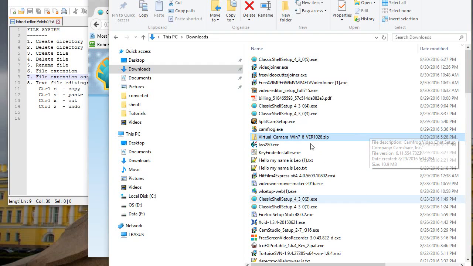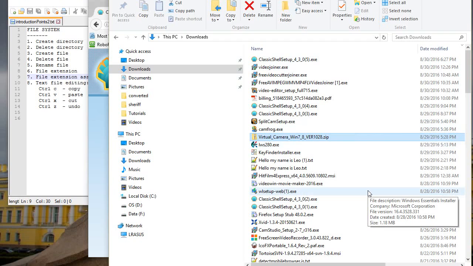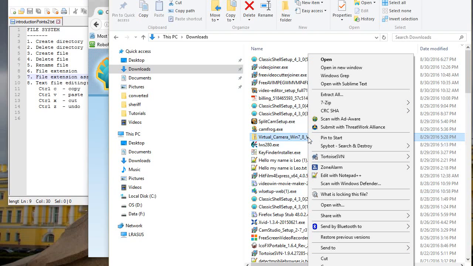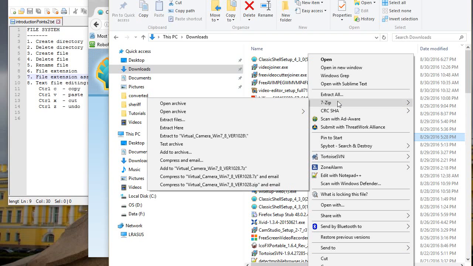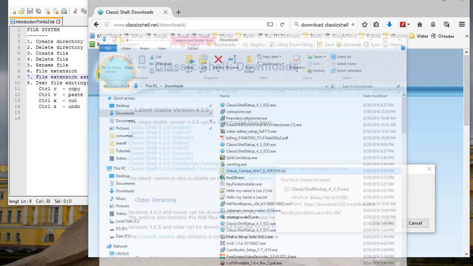Some programs are distributed in the form of an archive with the zip extension. These programs need to be extracted first. For that purpose, I use 7-zip. It's a free utility, and you can look inside the archive, or you can extract it. So once the archive is expanded, then you can click the executable file within that archive, and it'll behave just like a normal executable file. Alright, so once we're done with this,